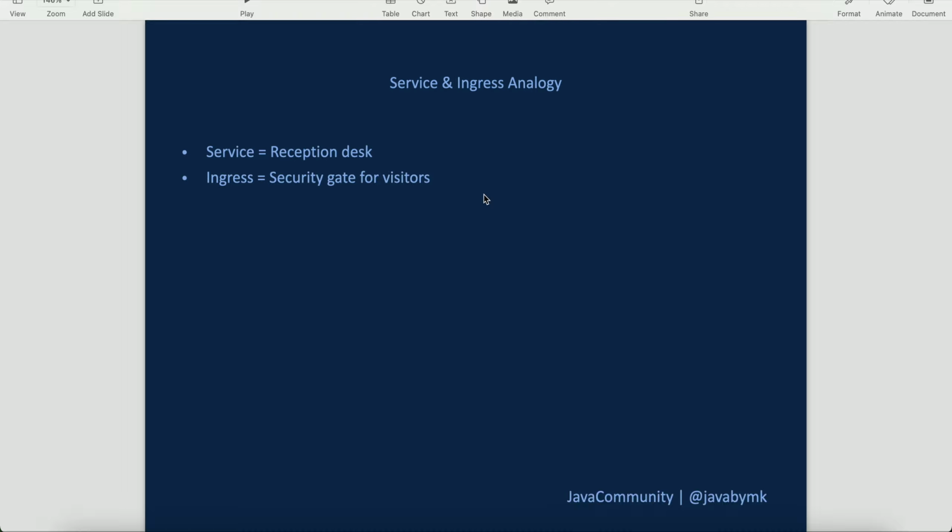Basically, suppose we have one school, and the school has multiple buildings. If we try to understand from that perspective, then the school teacher is the controller, and